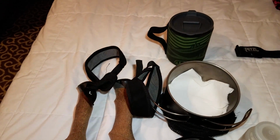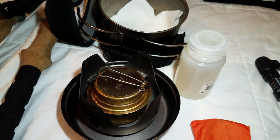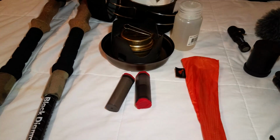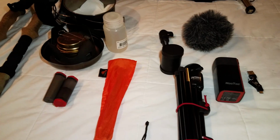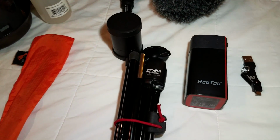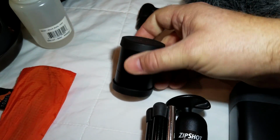So I always go with my trekking poles, got my cook kit here with stove, trying to keep things extremely small and extremely light because I'm going to take a 28-liter day pack to do all this in. You can't go wrong with a little salt and pepper and garlic, so I've got my MSR salt shakers and whatnot. So camera rigs. Additionally, I'm taking a 28-inch Zip Shot tripod, and these are lenses for my Samsung S7